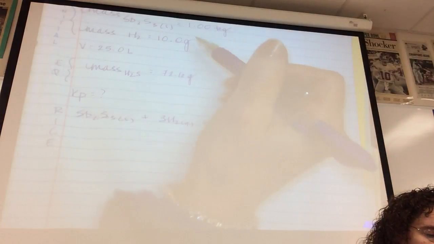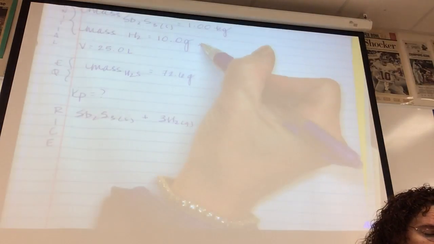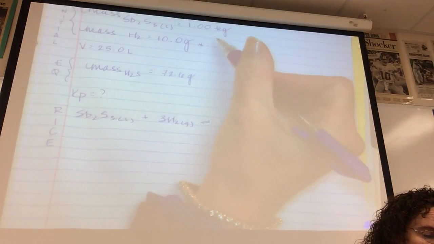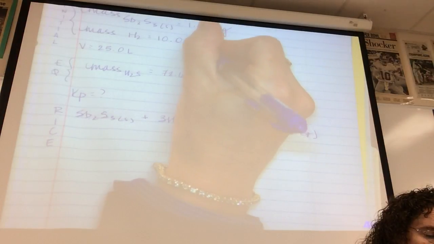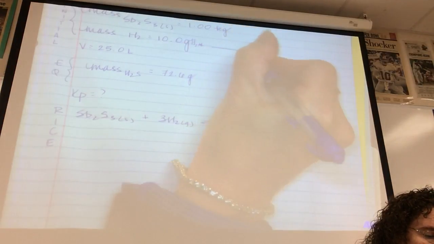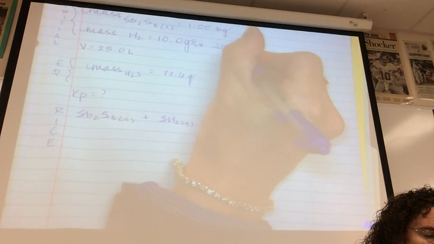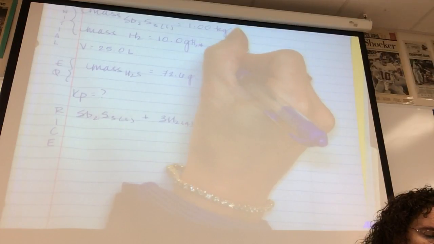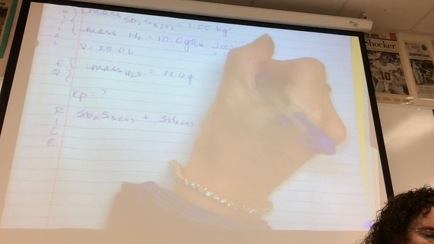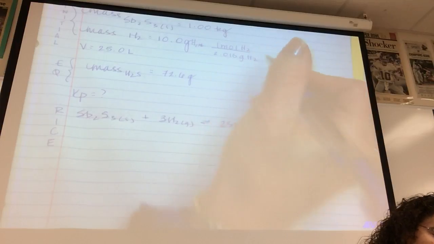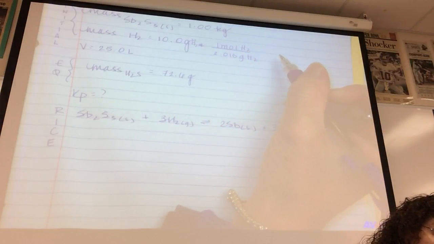We have 10 grams, but we want moles or molarity. So the first thing we're going to do is convert this to moles. Once we have moles, we'll divide by